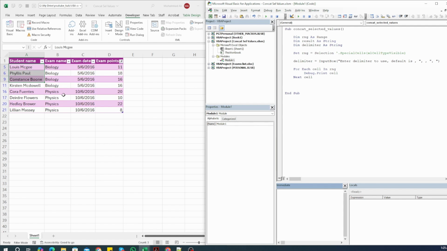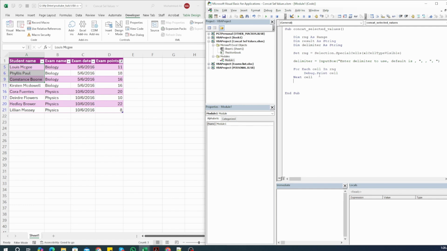The immediate window will print all of the values between 5 through 9, ignoring the filter we have in place right now. Let's test it for now. I'm just going to comment out delimiter as well. Run it, and you can see we have 1, 2, 3, 4, and 5 values, and here we only have 3 selected values. All right, so let me reverse the changes we made, uncomment this and uncomment this.